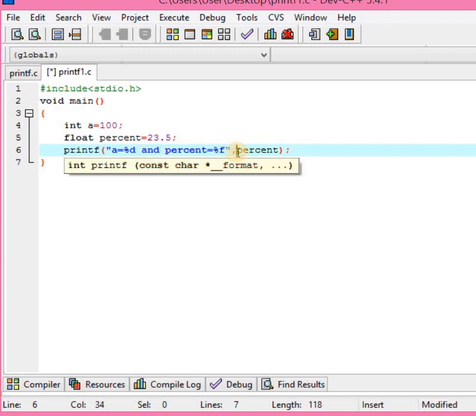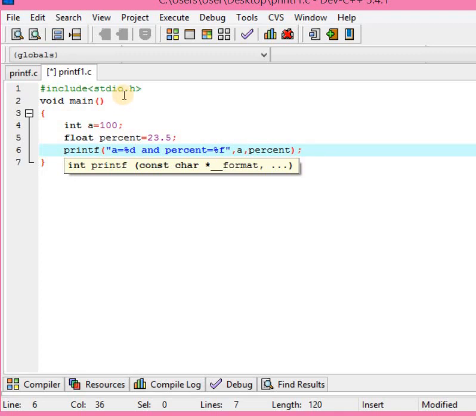Here we write a comma b. For two variables we can assign the variables here also. For a we use %d and for b we use %f, for float. Float data type we use %f, and int data type we use %d, according to the format specifier.